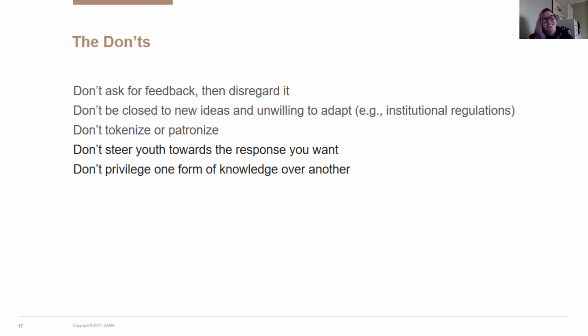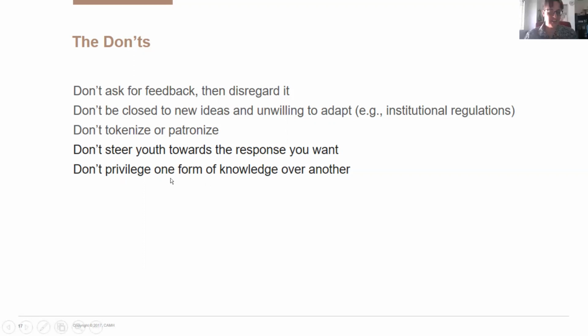It's also important not to privilege any type of knowledge over another. Youth are the expert in their own experiences, and they have knowledge that is missing from the research team. And researchers have a research-based knowledge, but youth have important knowledge about real-life experiences, and we need to acknowledge that and work with that. I think we're going to quickly go into the next topic, which is how we incorporate it all into a project.